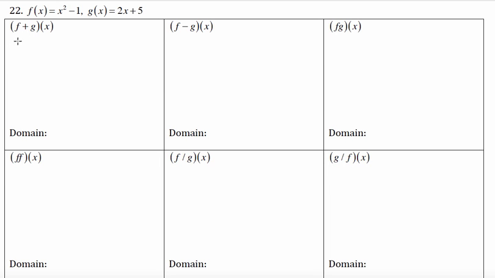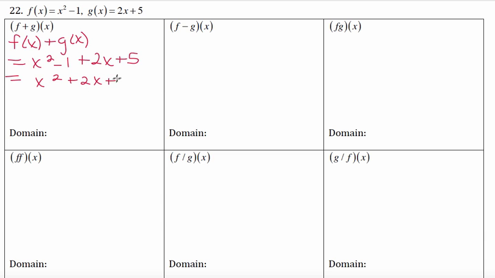We're starting with f plus g of x, which we can write as f of x plus g of x. My f of x is x squared minus 1, and I'm going to add that to g of x, which is 2x plus 5. And then we're going to combine like terms, and we have x squared plus 2x plus 4. And the domain of f plus g of x is the intersection of the domains of f and g, and the domains are both all real numbers, so our intersection is all real numbers, which is written as negative